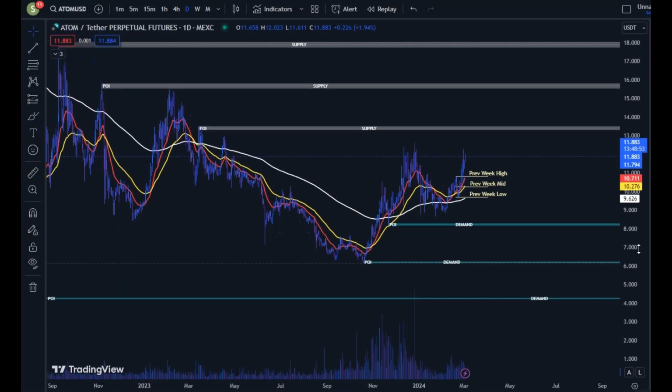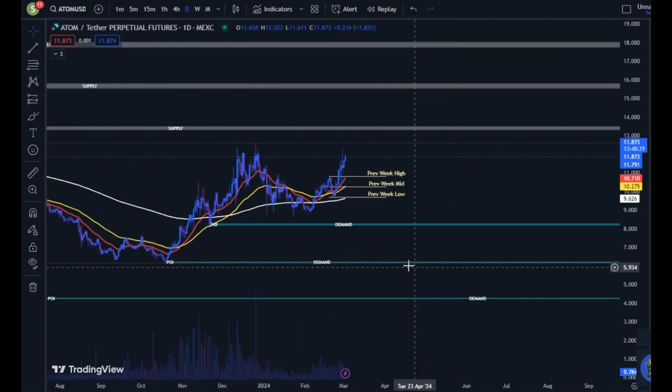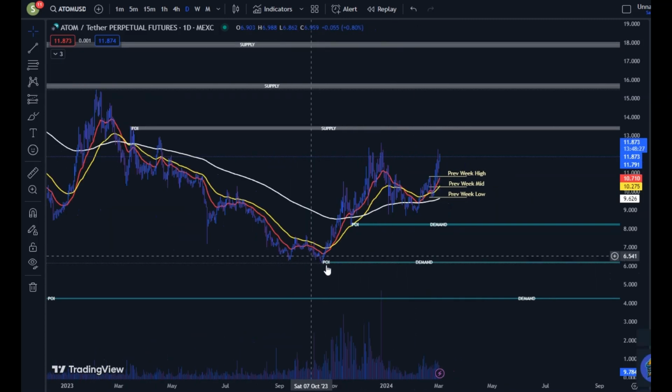Obviously, as we all know, BTC and Ethereum are the main players in the market. So you also want to be watching what BTC and Ethereum do. If BTC decides to dump, most of your coins are going to dump with BTC. So don't panic. If you're in a trade, like Atom here, I want a long